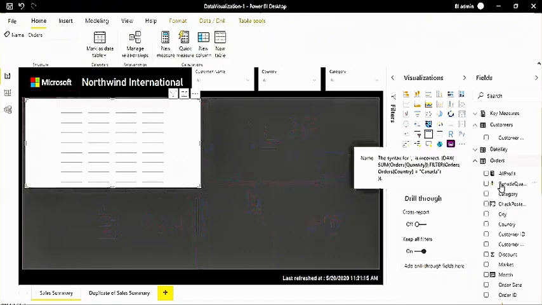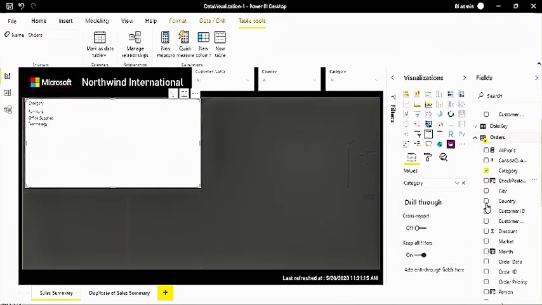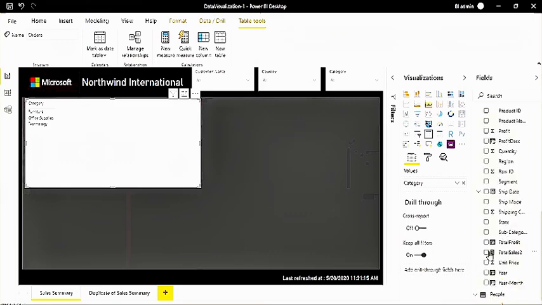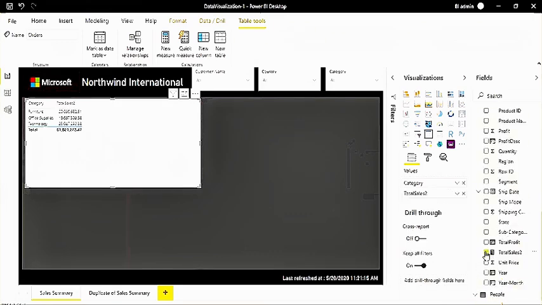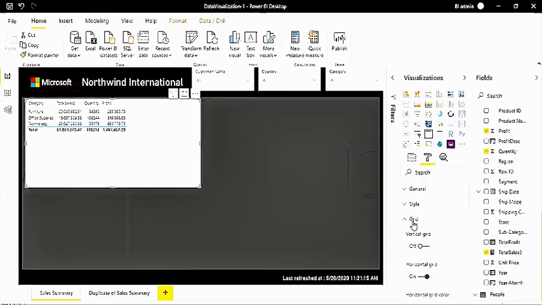I want to visualize category-wise sales. So I add the category and sales column, or if you have the sales measure, you can add the measure also. Then you can add the profit. Let's say a few columns I'm adding here. Now you can just increase the size of this table grid.